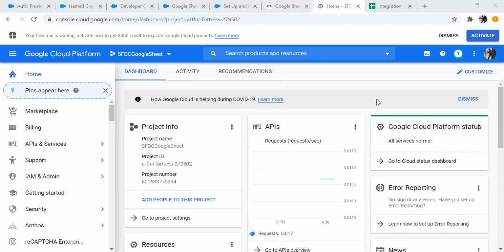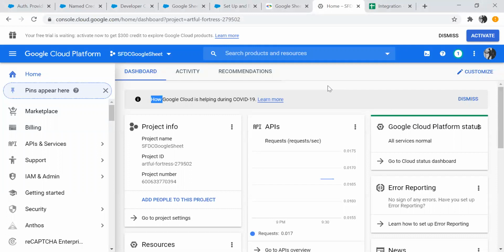Then we need to create the Apex class for making the callout to the Google Sheet. And I have created an LWC component and placed it inside the record page so that we can call the Apex class from the Lightning Web Component page. So let's start the video.